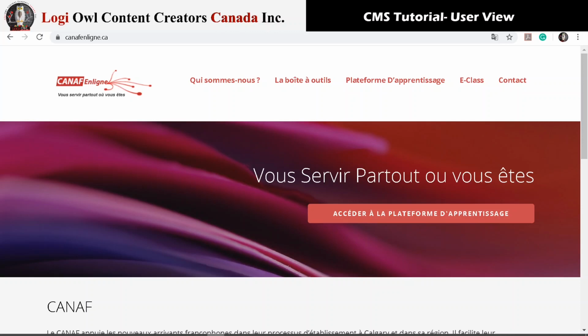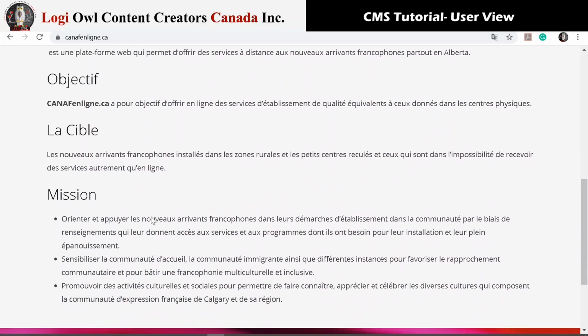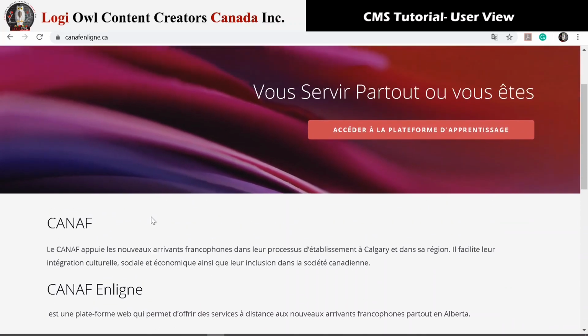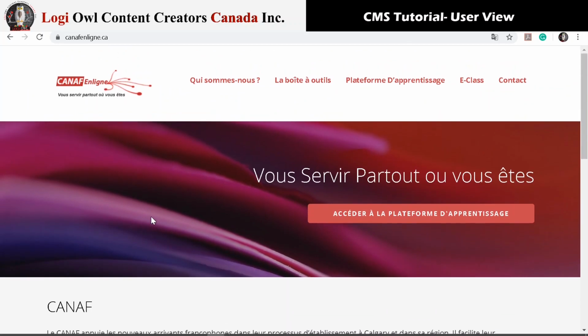And as you see from the menu up there, you can just click on Qui sommes-nous just to see about information like background information, the mission, the objective, all the information related to CANAF Online and the project itself. The second option is La Boîte à Outils, and here we can see all the available